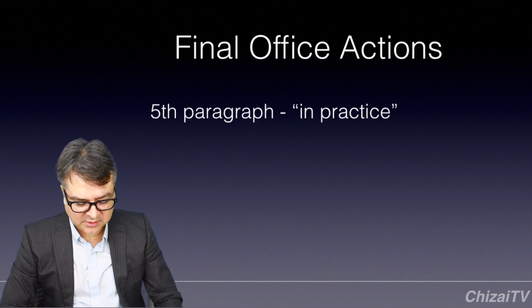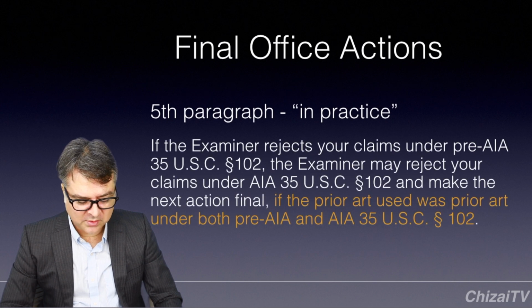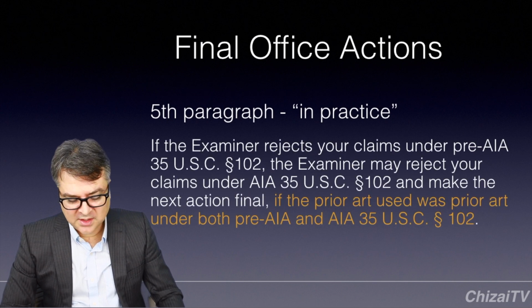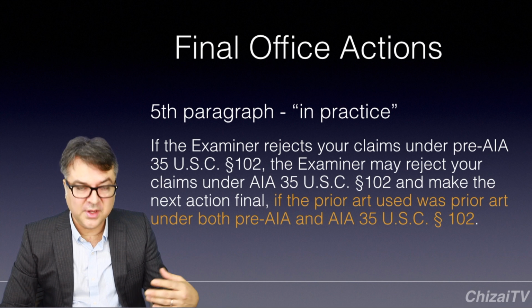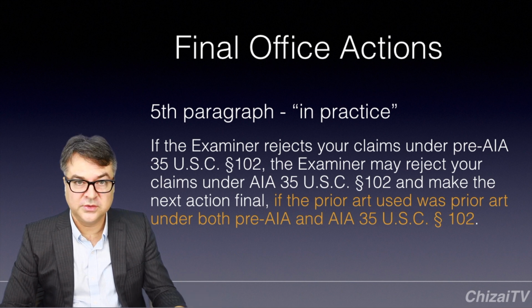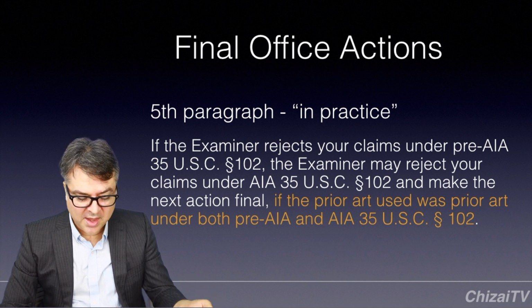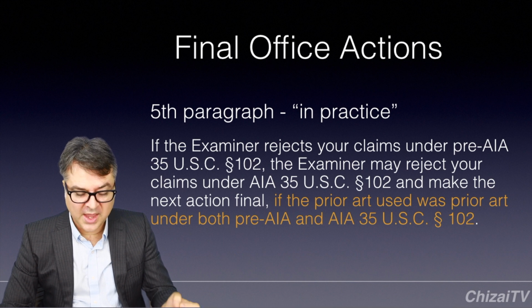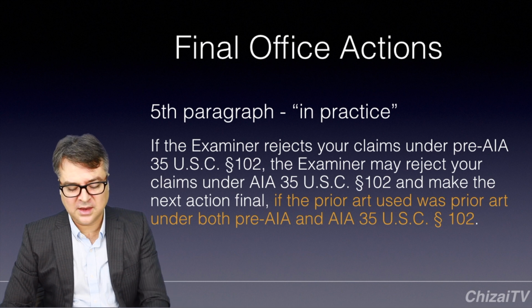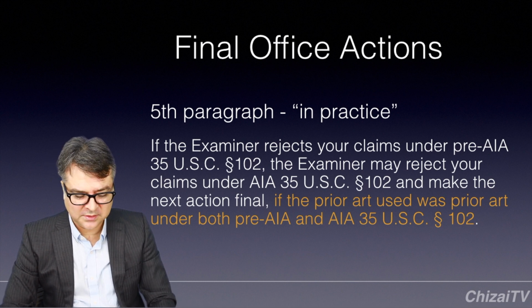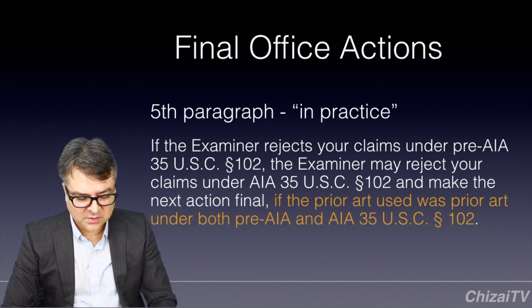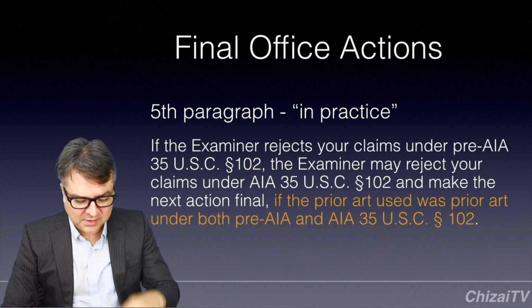So, as a practical matter, what does this paragraph say? If the examiner rejects your claims under pre-AIA 35 USC 102, the examiner may also reject your claims under AIA 35 USC 102 and make the next action final if the prior art used was prior art under both pre-AIA and AIA 35 USC 102. Okay, so that's it for MPEP